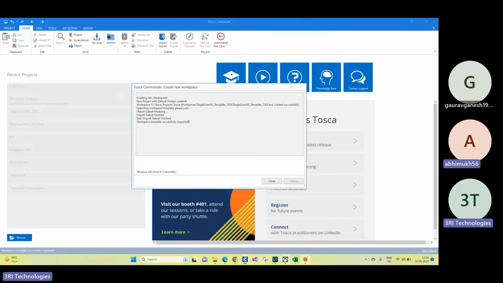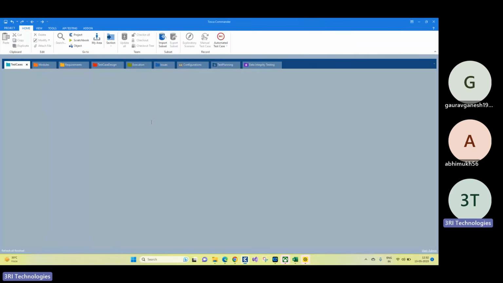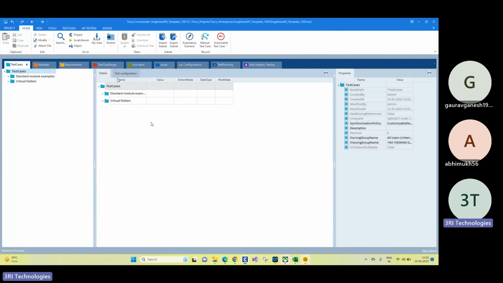You will see some different options now: importing, import task, import finished. Now we will understand the difference between creating the workspace blank and this. Now you are seeing these options, right? Earlier we were not seeing these options. See, even we have the standard modules available now.